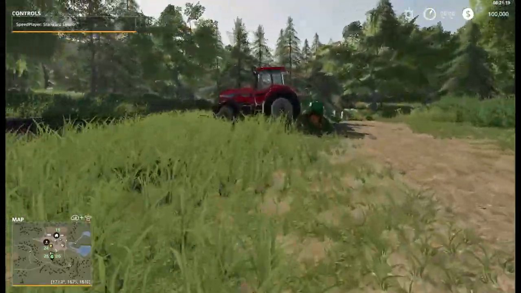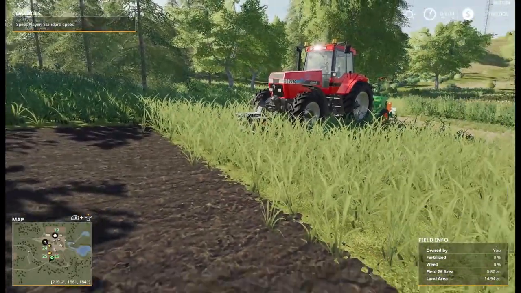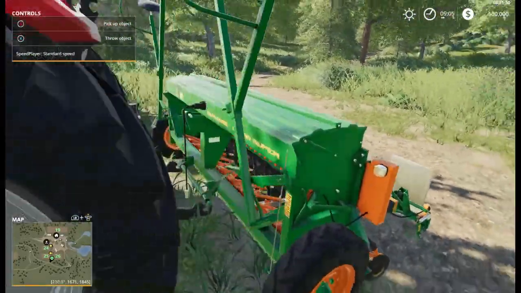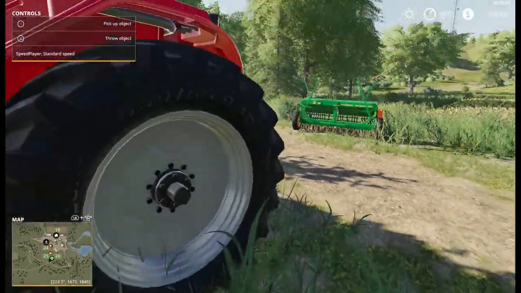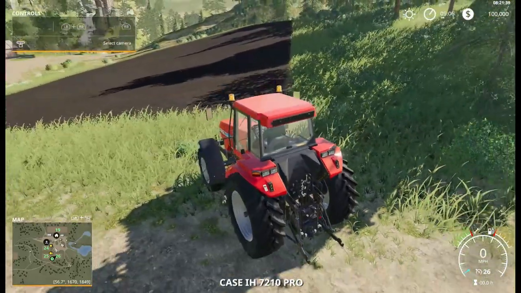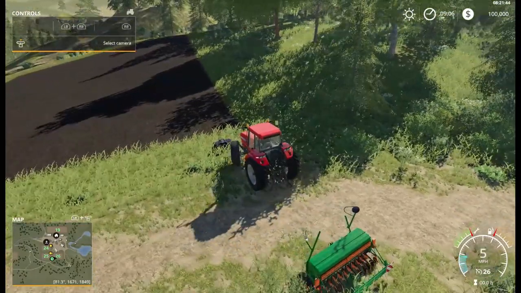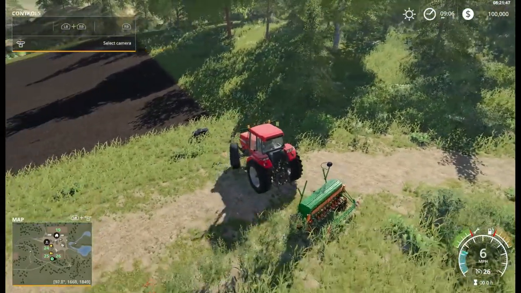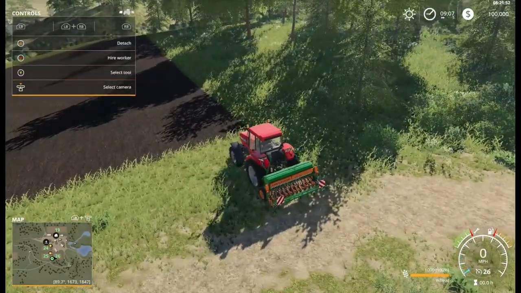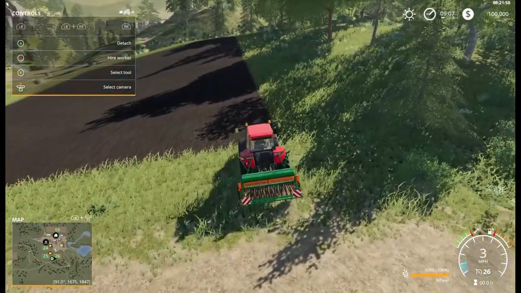Alright, so it looks like this field here needs to be planted. So that's what this tractor is for. Now I do believe that there's probably no seed in there. Get in. Alright. We are going to hook up to this. Oh, there is seed in it. Sweet. We'll go ahead and put the weight on it. And we are going to plant